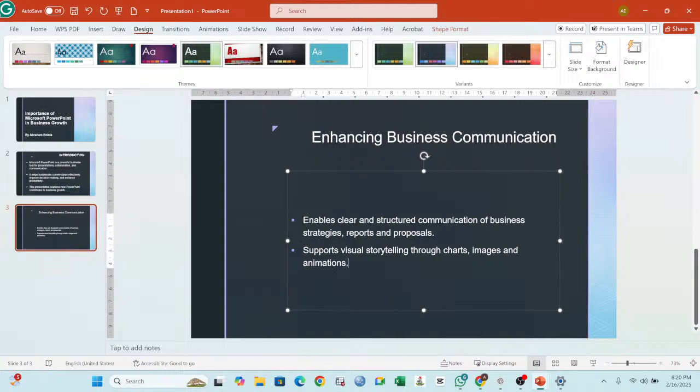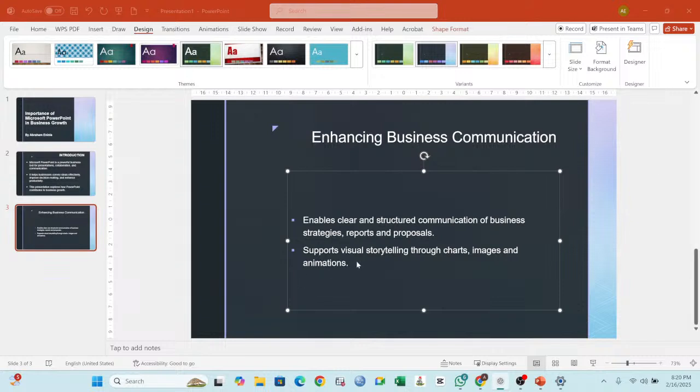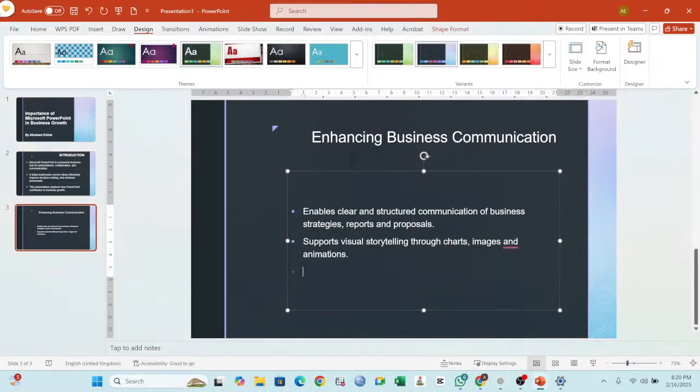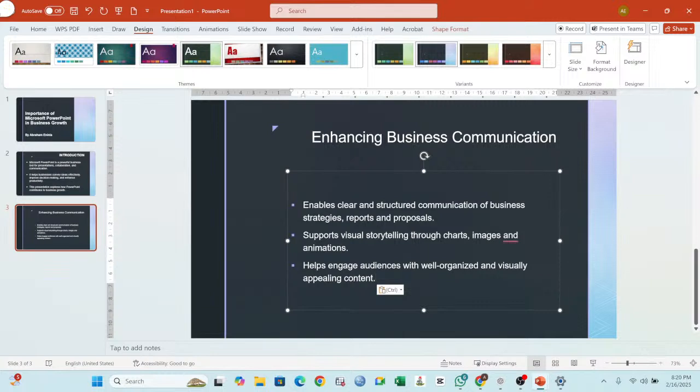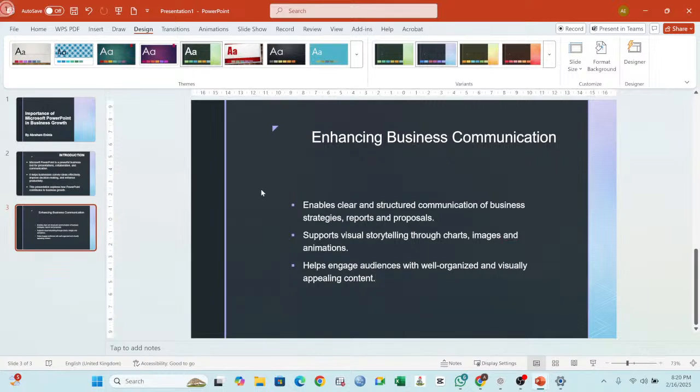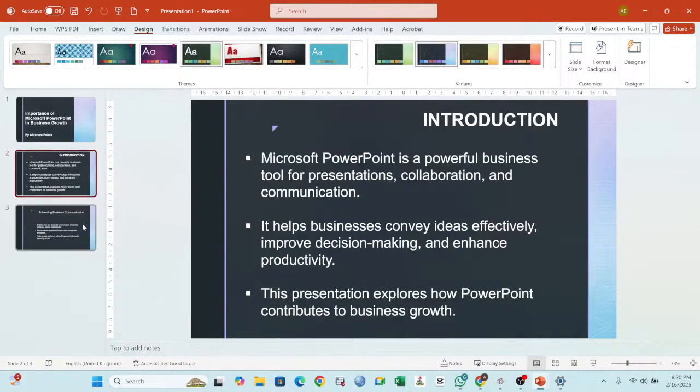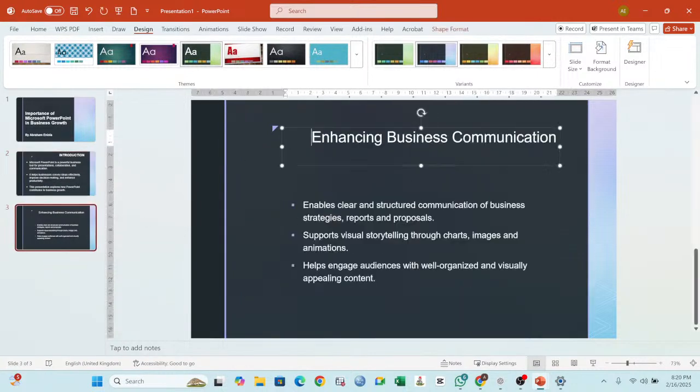Okay, so now this particular text is small. It's small, but it doesn't matter. So let me add one more text to it, and just paste that. So now, as it is now, I don't want to use this method. I want to have a picture here to drive my point,